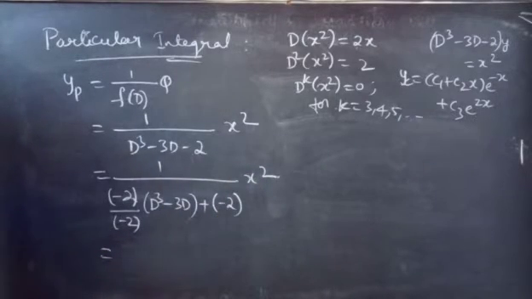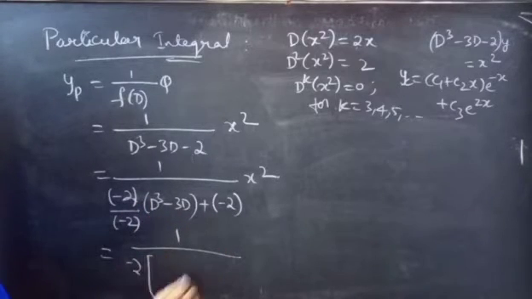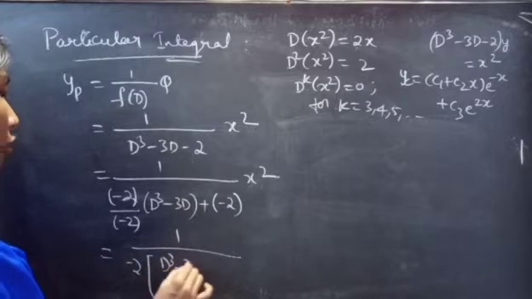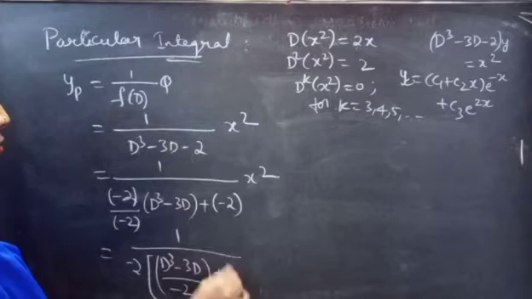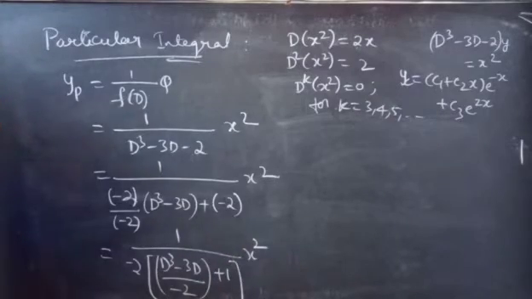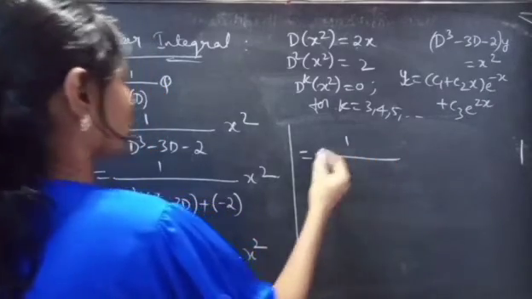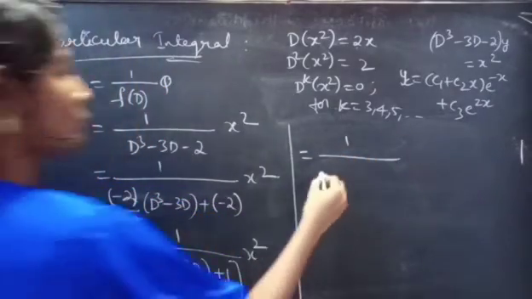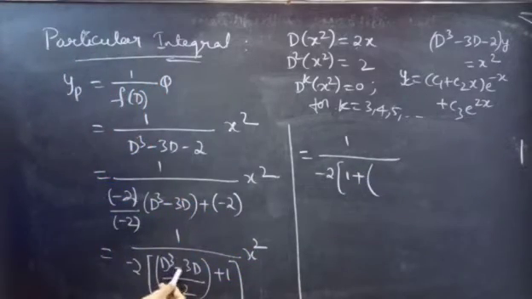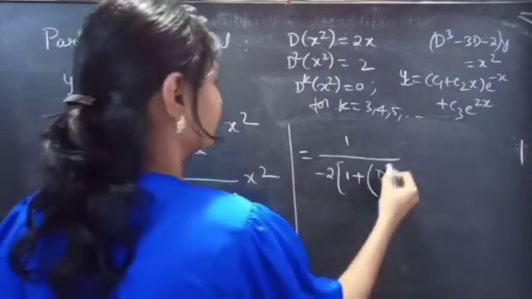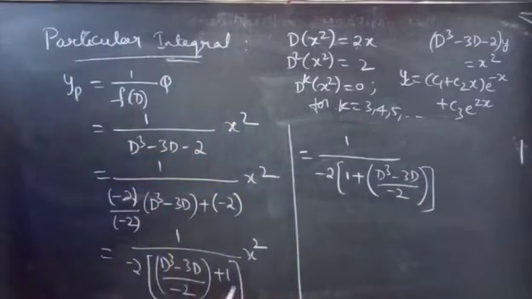Now we can just take minus 2 common, then we'll get minus 2 into (D cube minus 3D by minus 2 plus 1) into x square, right, which is equals to 1 by minus 2 into (1 plus D cube minus 3D by minus 2 into x square)